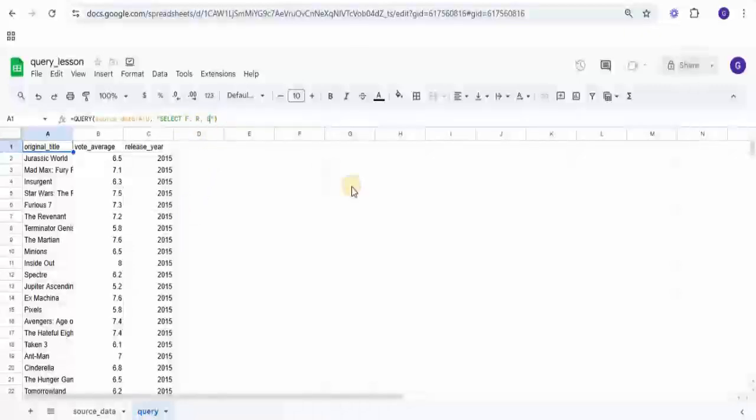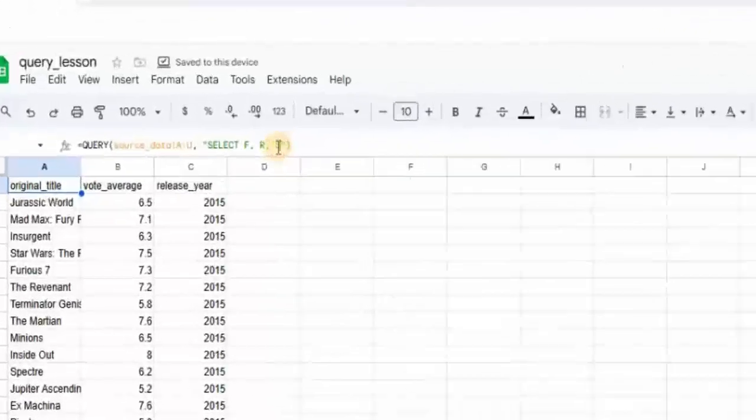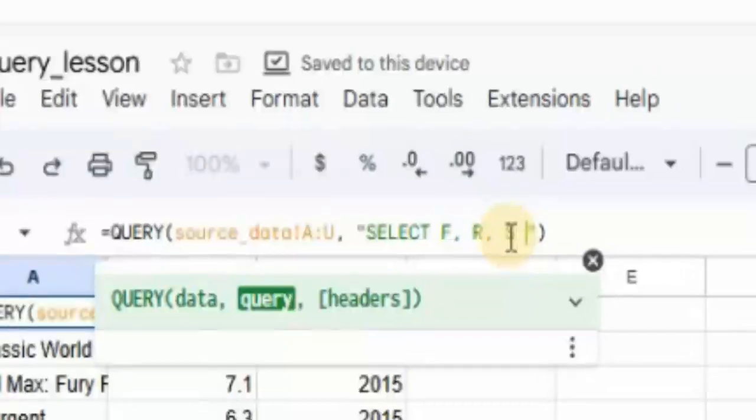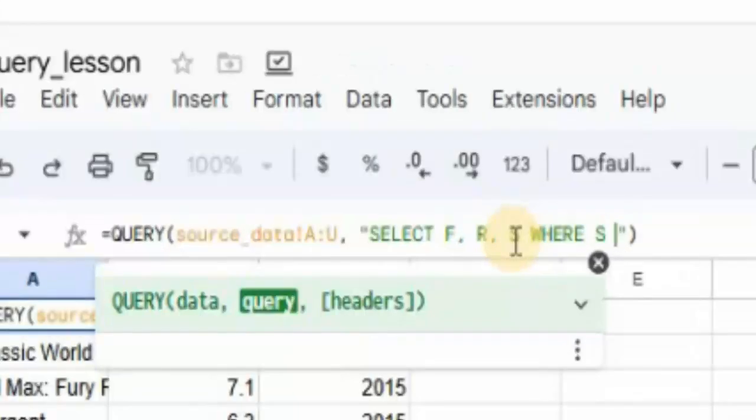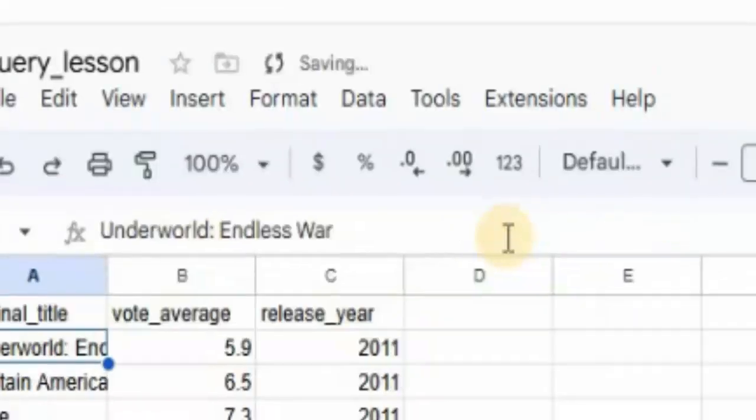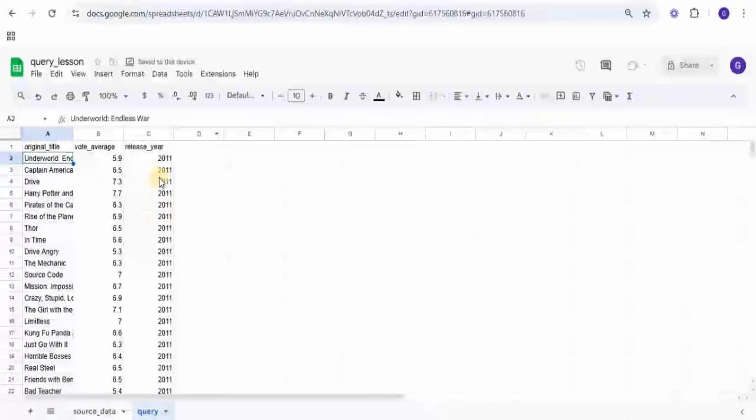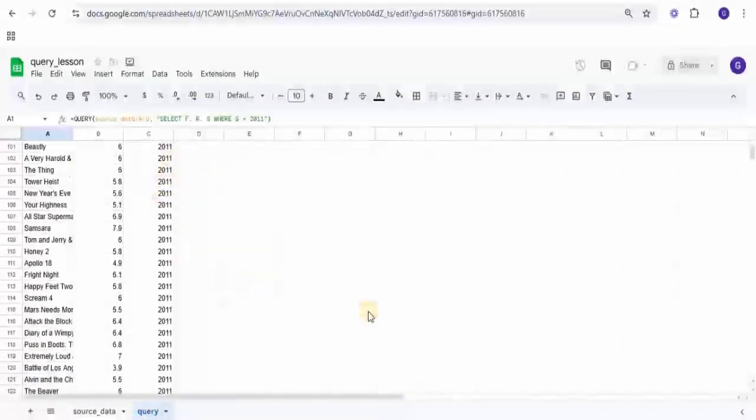So that will bring us to adding another statement, which is where. So you see where S. Mind you, S is where you have the release year. So where S is equal to 2011. So as you can see, it will give us